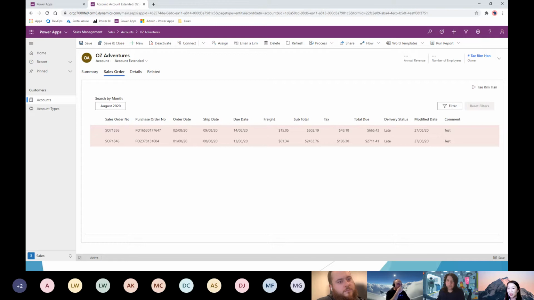Okay, so as I was saying, sky is the limit here. It really depends on how complex you want to make it. So yeah, that's enough about PCF. I'm going to hand this over to Lachlan.